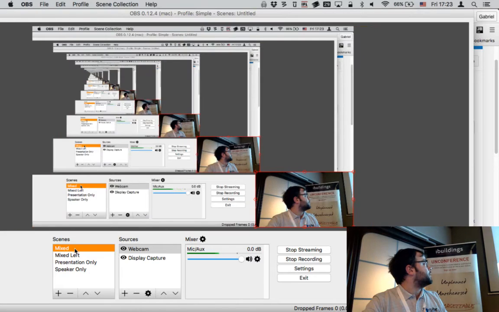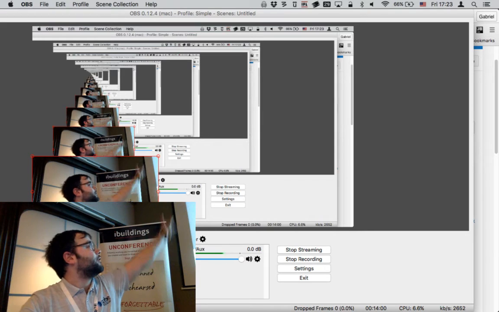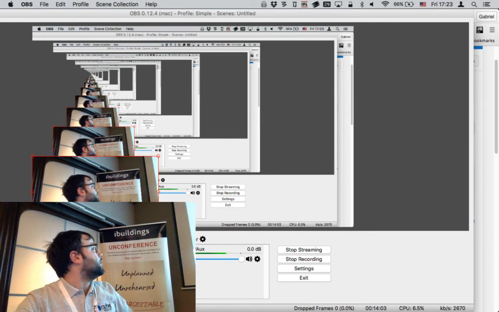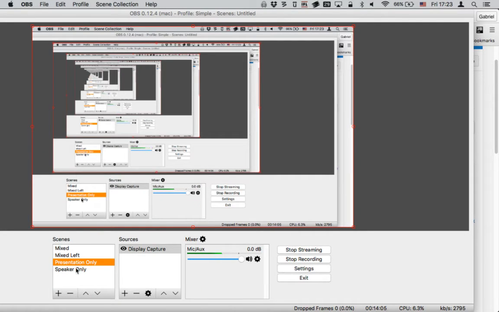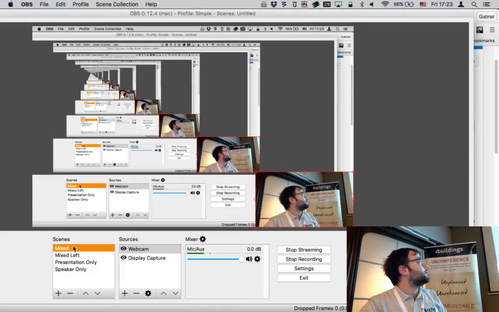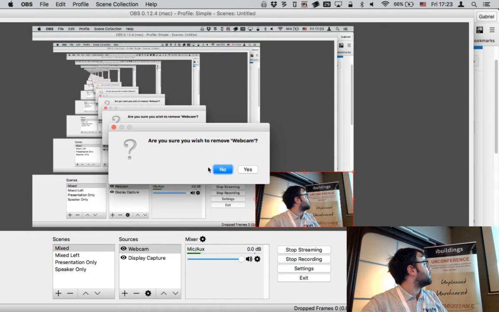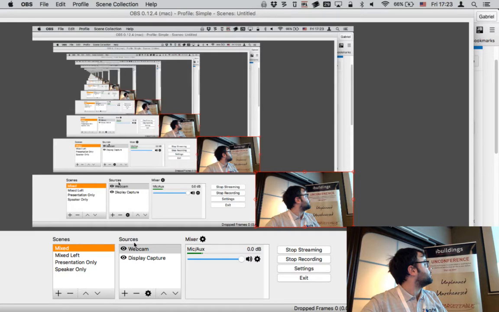So I can create a scene that's the speaker only, that's just the webcam. To add the source, you just click here, and there's a lot of options. And I can switch easily, right? So this would be slides. This would be the speaker on the bottom left with the slides in the background. This is only the slides, etc. Okay. And then as far as the sources go, you'll have to handle this. I'm sorry. No, I don't want to do that.